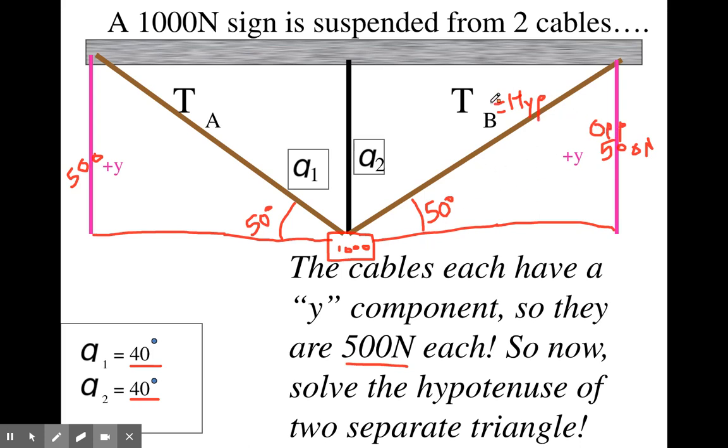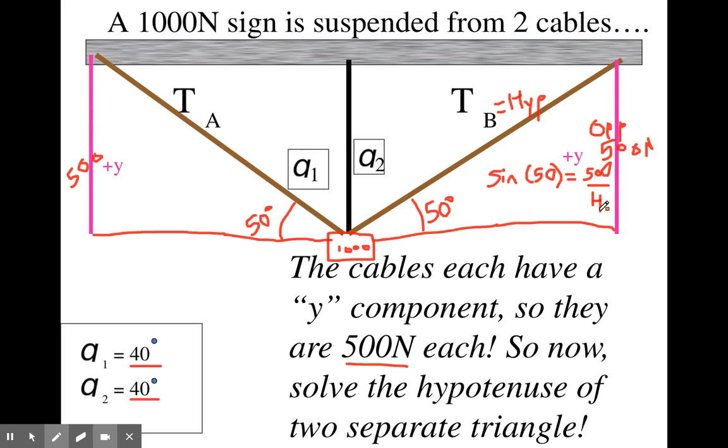Well, opposite and hypotenuse, we should be thinking sine. Okay, we should be thinking of sine, the sine of 50. Remember, not 40. We're not using 40, we're using 50 because remember, 40 is up here. Okay, we want the angle inside the triangle. Sine of 50 is equal to the opposite, which is 500, over the hypotenuse. And if you calculate that,